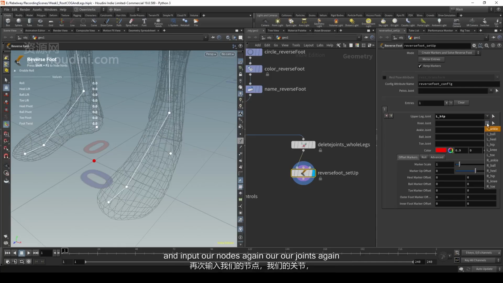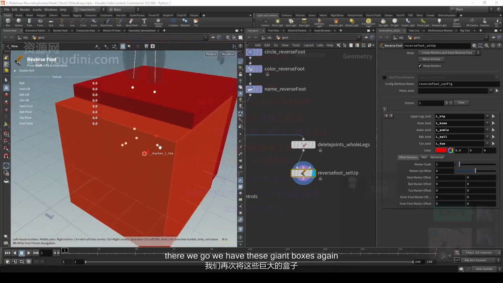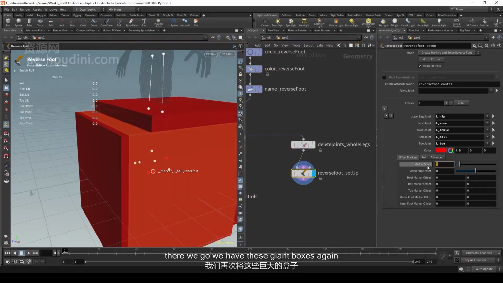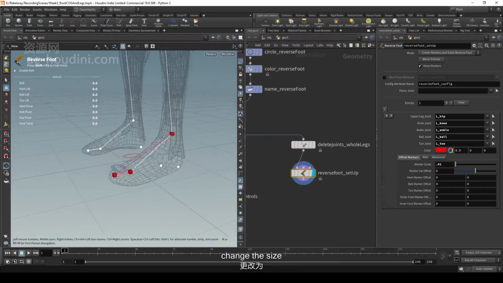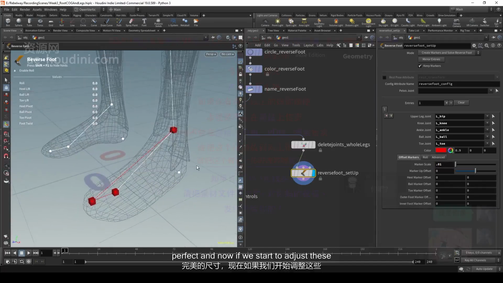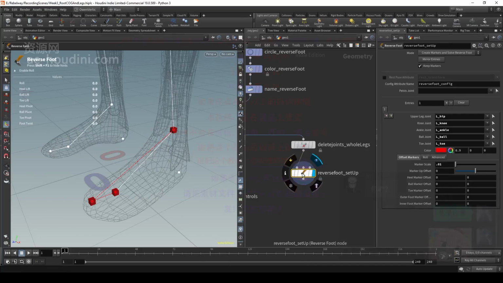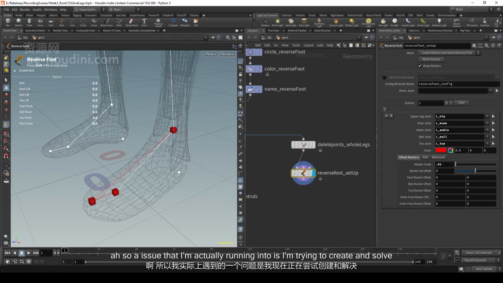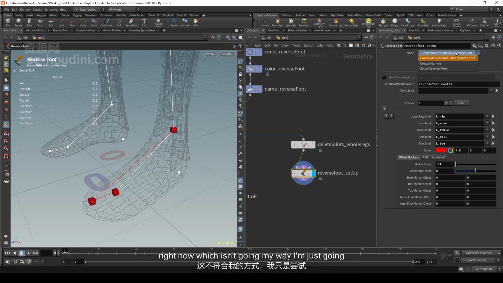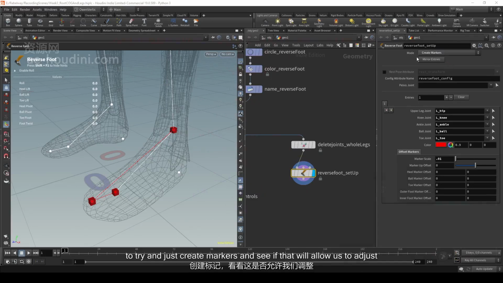And input our nodes again, our joints again. There we go. We have these giant boxes again. Change the size. Perfect. And now if we start to adjust these markers, like our outer foot marker. So the issue that I'm actually running into is I'm trying to create and solve right now, which isn't going my way. I'm just going to try and just create markers and see if that will allow us to adjust